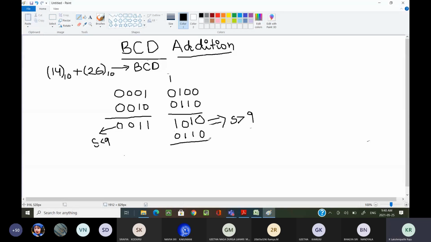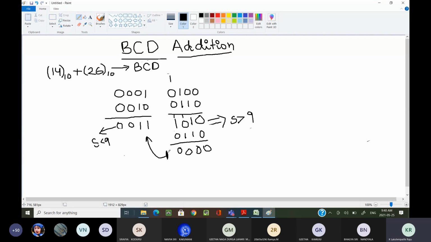Now 0 plus 0 is 0, 1 plus 1 is 1 0, 1 plus 1 is 1 0, and here we are getting the carry. This carry we should forward to the next higher order bit. Am I clear?